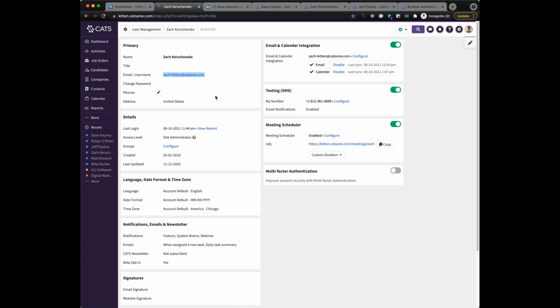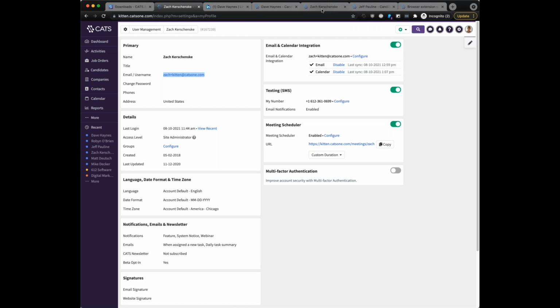We're never going to pretend like we're going to replace Outlook or Gmail for you. We're not a full functioning email client. But one of the cool things that we can do with that email sync is, if I go into a candidate record, so essentially, let's take it back a step. I email a candidate from Cats, that hits that candidate's inbox. They email me back. That's going to hit my Gmail inbox from here,